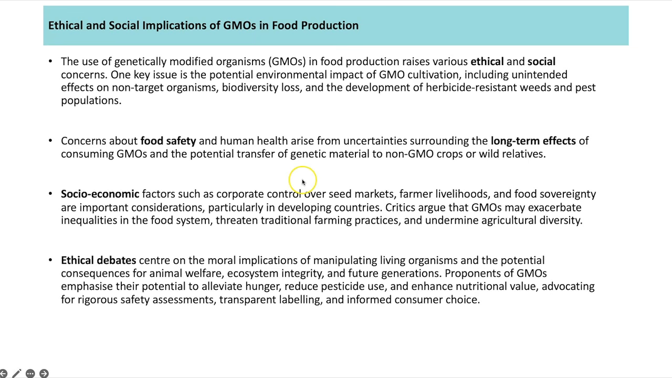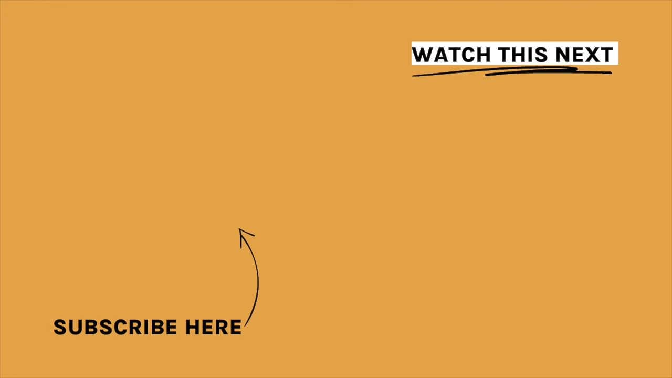We've got social economic factors as well, because these seeds are very expensive. So therefore, they become too expensive for poorer farmers or poorer countries to be able to afford to buy these seeds to get these GM crops. And then we've got ethical debates as well, which is looking at the moral implications of manipulating living organisms and the potential consequences it might have on animal welfare, ecosystem integrity, and future generations as well. So that takes us to the end of the